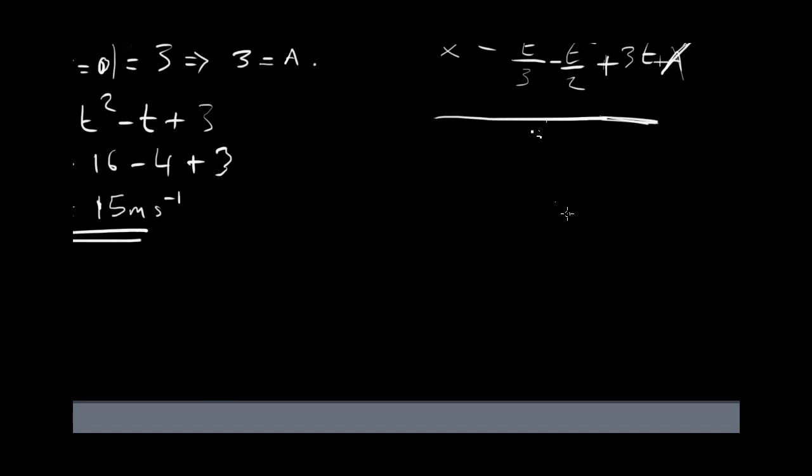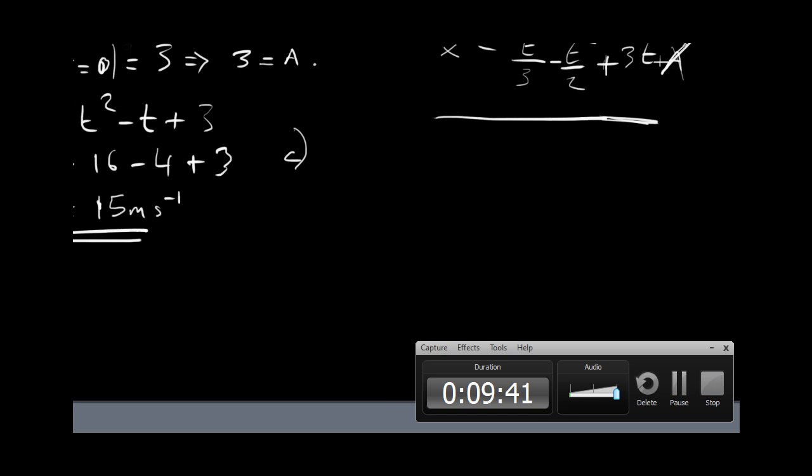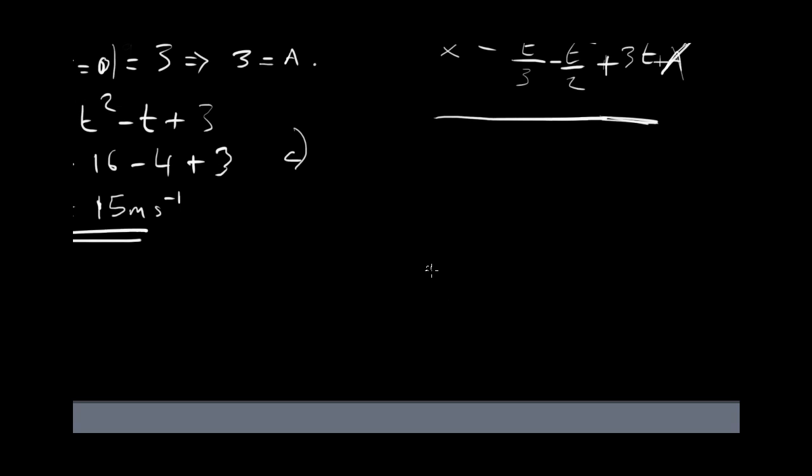Now, in part C, it says find the distance traveled by the particle between the instants when t equals 1 and t equals 3. That we're gonna do